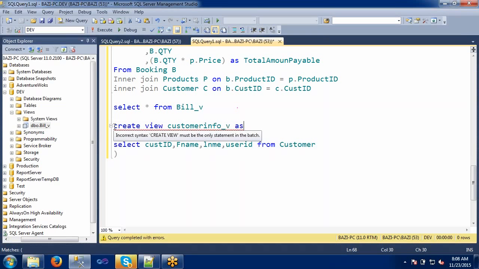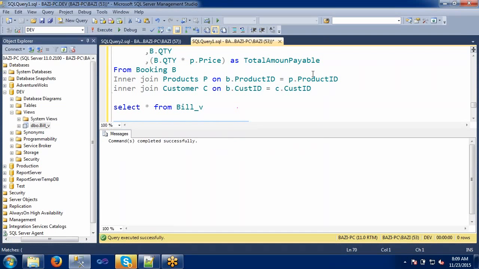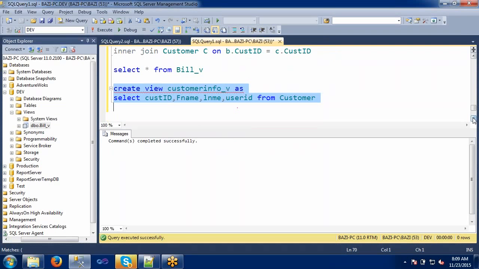Create view name as, select the particular columns. It's not mandatory, we can give it optionally also. So now I have created one view on a single table only.